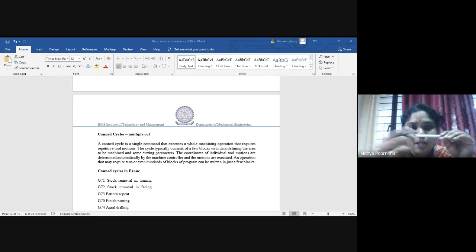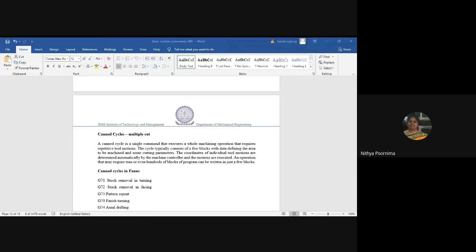So this process usually is a little tedious, because every time you need to ensure that the tool is away from the workpiece so that it does not damage the workpiece. So all these precautions have to be taken, and we feel this is a little tedious process. So to bring about a better process, what we do is we make use of the can cycle.